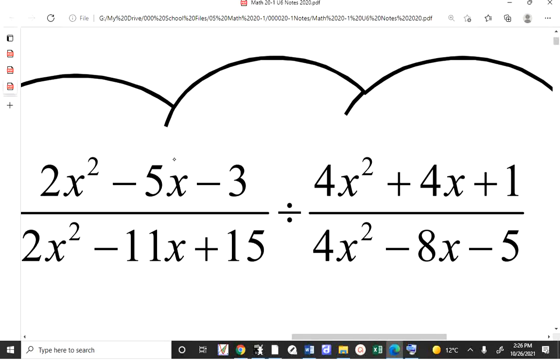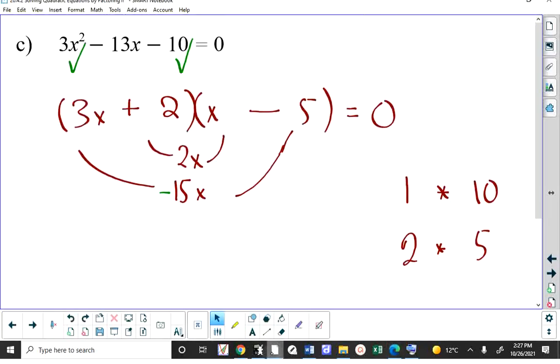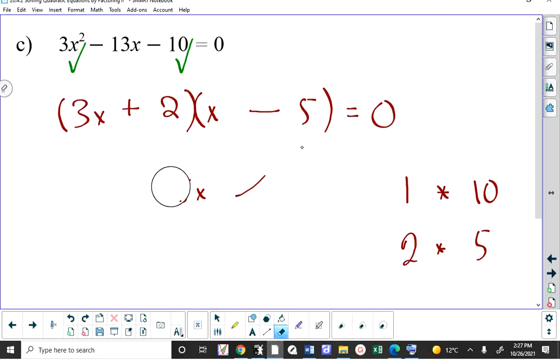You cannot put off getting better and better at factoring because it will really hurt you later. And I'm not trying to intimidate you, I'm really not, or scare you by showing you this. I'm saying this is what you will be able to do if you can factor. And if you can't factor, you won't be able to. All right, I'm off my soapbox. We're done here. As far as I'm concerned, all of this may be work that you're writing down,